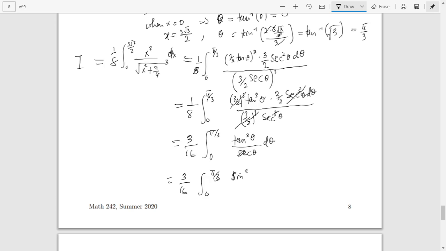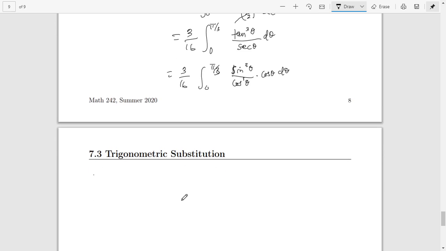Actually, 1 over secant is the same thing as cosine, so I can write this as cosine above. So one of my cosines will be leaving from below. This integral here becomes equal to